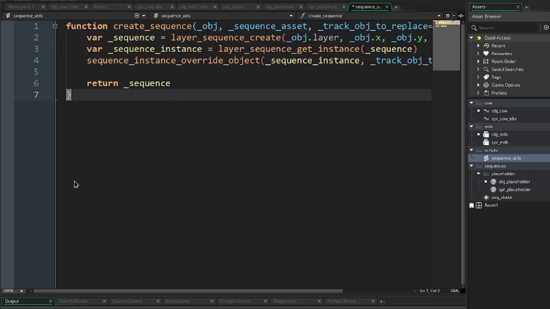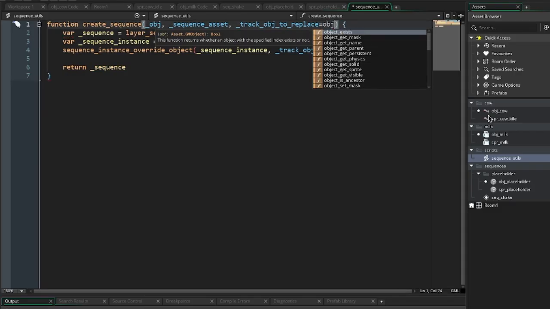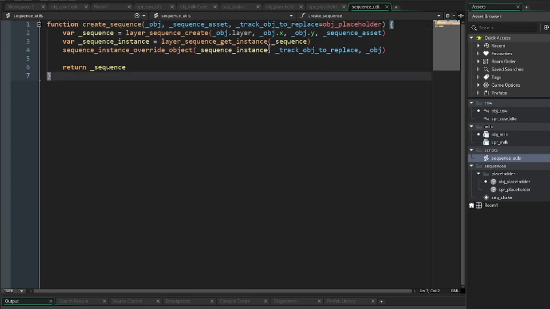And here is the code. I'm going to zoom out just a little bit so that it all fits on there. And oh, we don't want that. We want it to be obj placeholder. Okay. So what this is, it's a new function called create sequence. You give it the object you want to animate. This sequence asset is going to be seq shake, or we can make a seq grow or a seq shrink or whatever, right? We can make all sorts of things. That's what we're going to pass in. And then this track obj to replace,